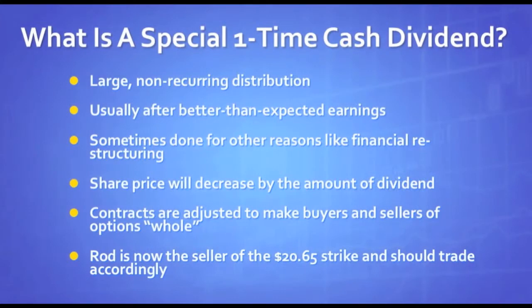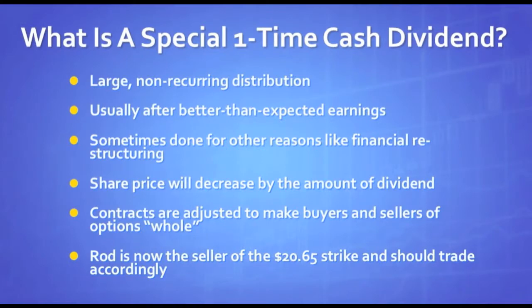So what exactly is a one-time cash dividend, and why are the contract strike prices adjusted by that amount? Well, a special one-time cash dividend is a large dividend, usually much larger than your typical dividends that are distributed quarterly, and they're non-recurring. It's one time. And usually it takes place after extremely good earnings. So what the company will do is distribute these extra earnings to its shareholders in the form of this special one-time cash dividend. Now, sometimes these dividends will be distributed for other reasons, like financial restructuring, but mostly it's